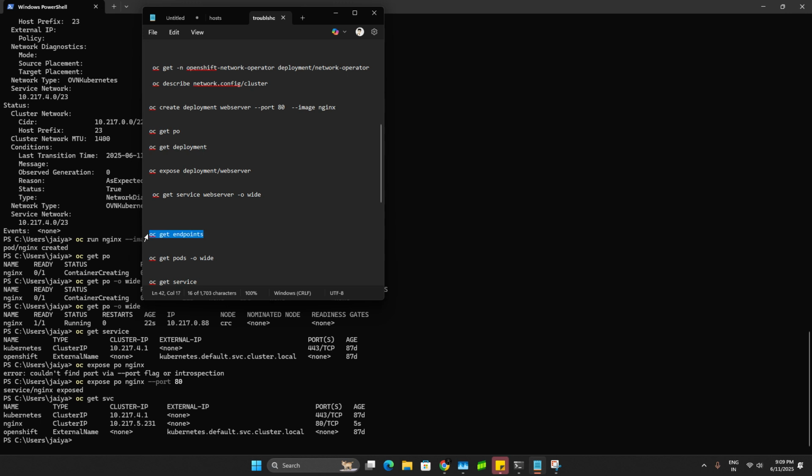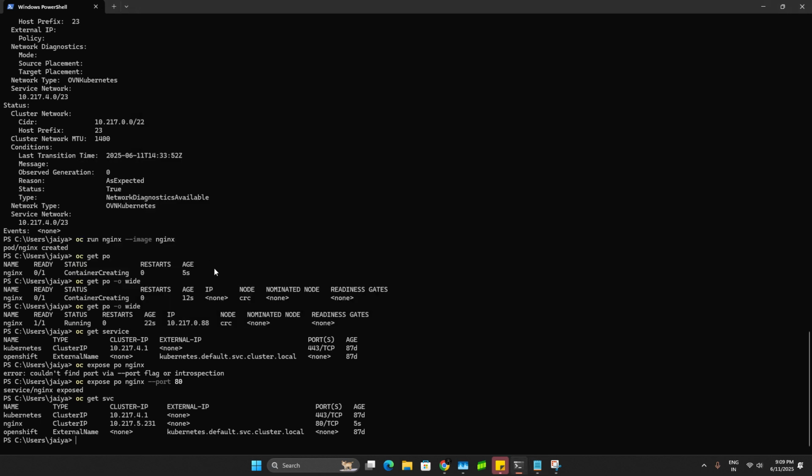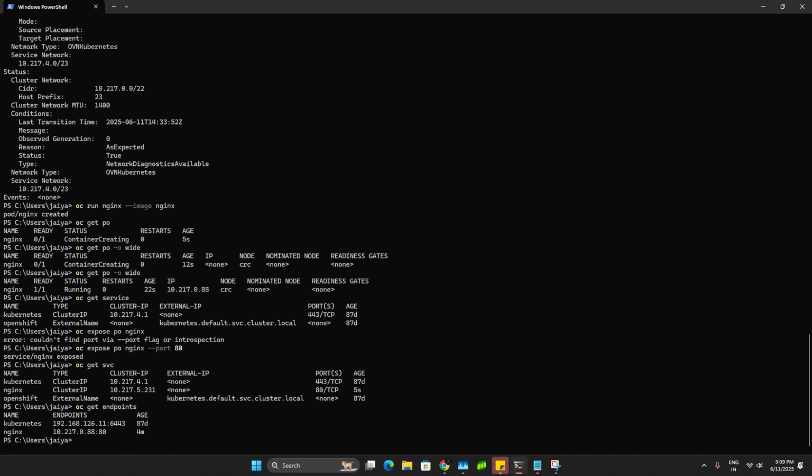For this service we want to know how many endpoints are there, right? There is only one endpoint, nginx. It was created 4 minutes back, and it's running on port 80. It's just an individual pod we have created with the imperative command.